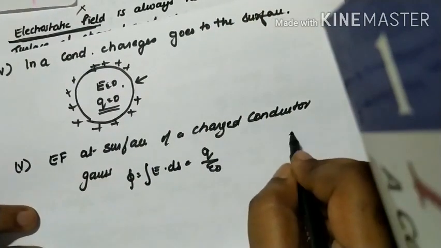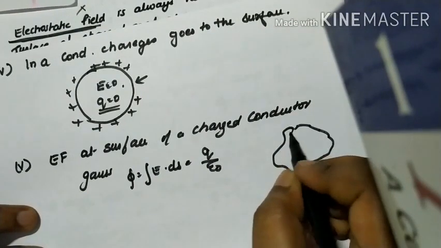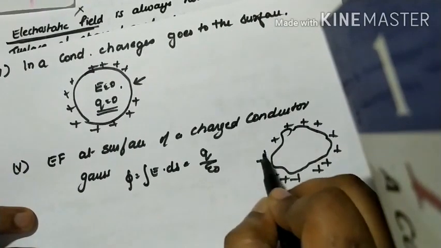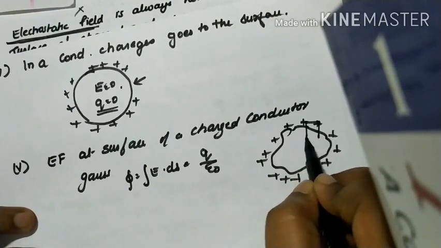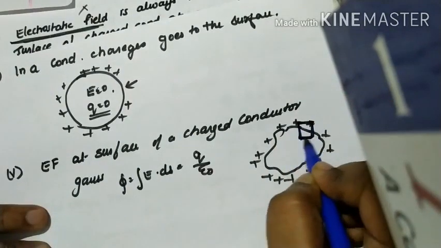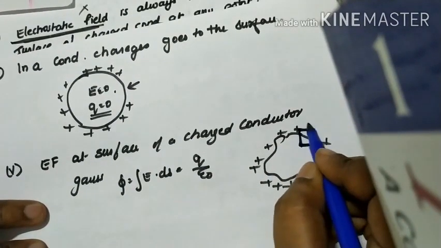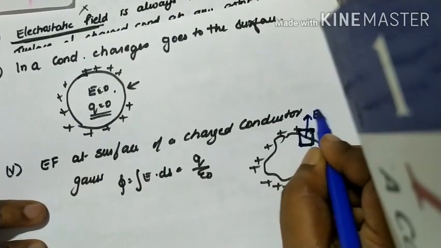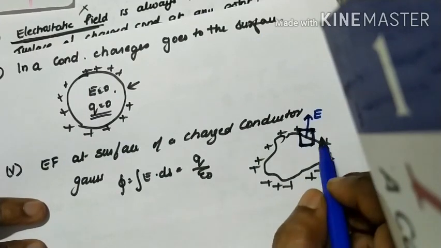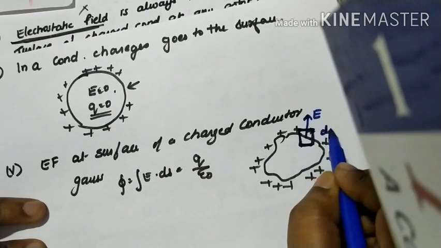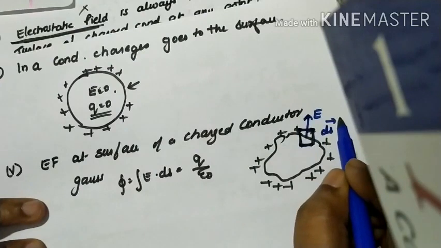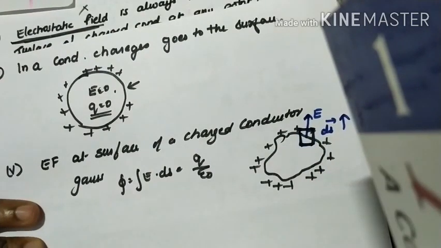Right. Now let us consider a surface like this, and I am giving it positive charge. Okay, like this. I am going to consider a small element here. Let's make it a different color, and this is a small element here. Now this is plus charge, right? So I told you the electrostatic field is at 90 degrees, outwards in direction. Suppose this element is ds. The surface area of this element is ds. So which direction will ds be? It will also be in the upward direction, right?